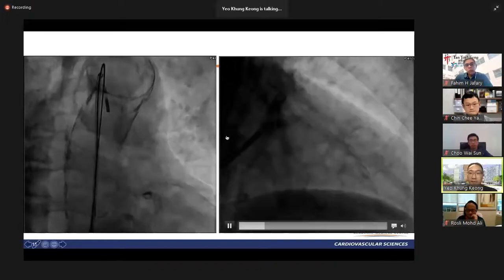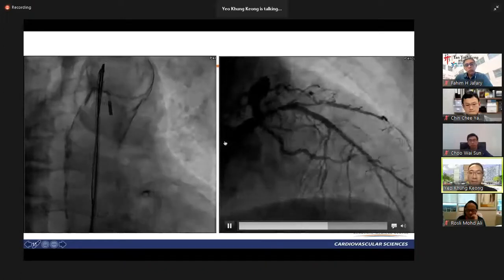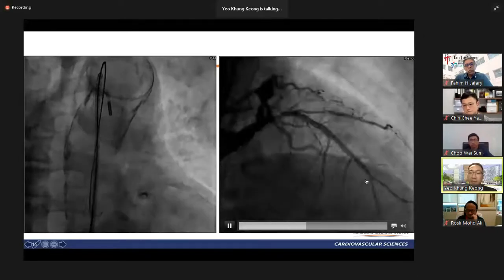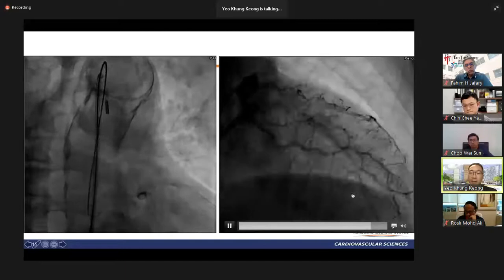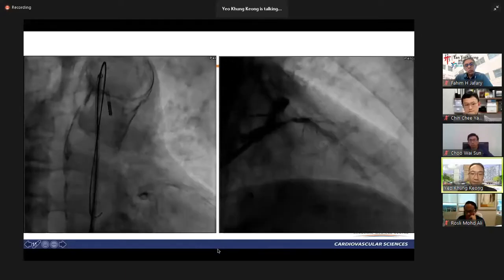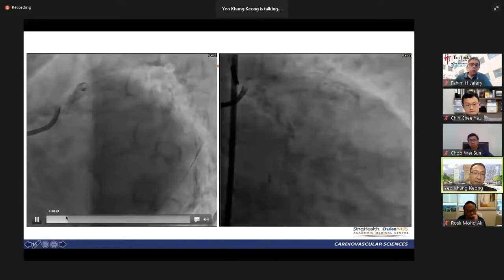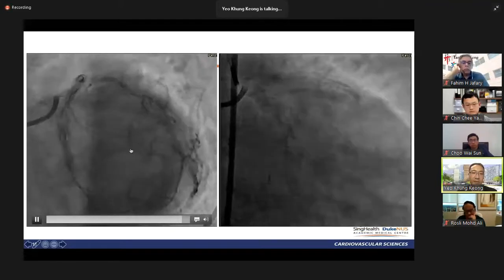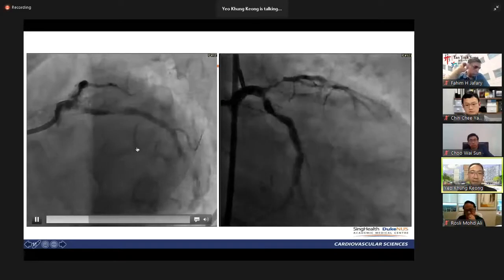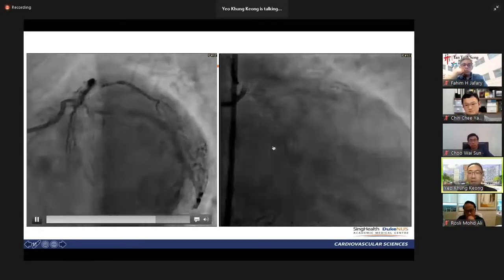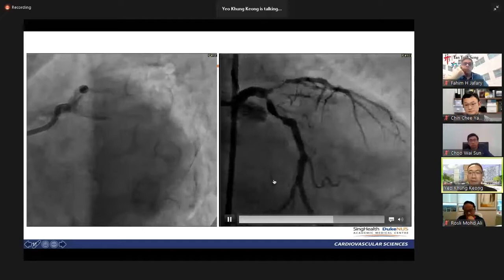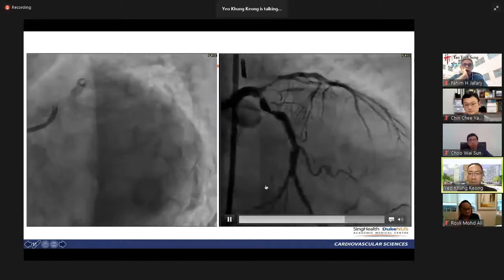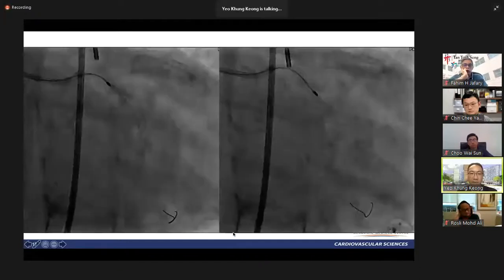On the right side of the screen, I'm sure you can appreciate the tight proximal LAD stenosis, as well as the mid-LAD disease beyond some previous stent with in-stent restenosis. The next slide here shows the severe ostial circumflex disease, as well as proximal to mid disease in the circumflex. And I think all of you can appreciate on the right panel the severe disease in the ostial LAD and the ostial circ. So this case came to me, and